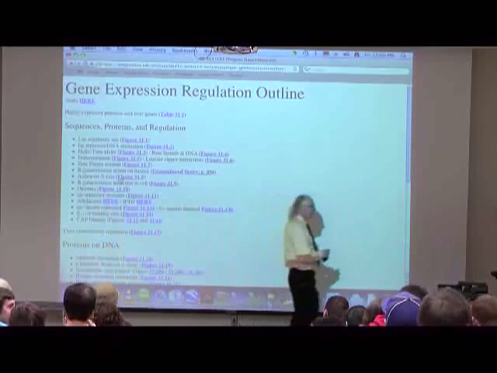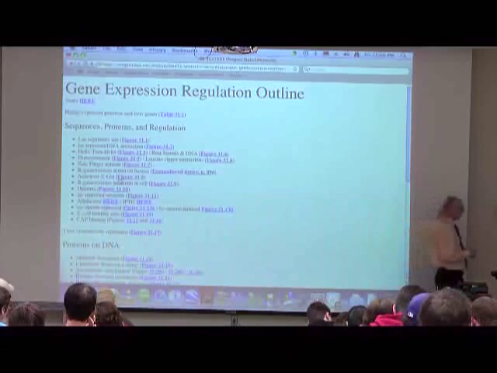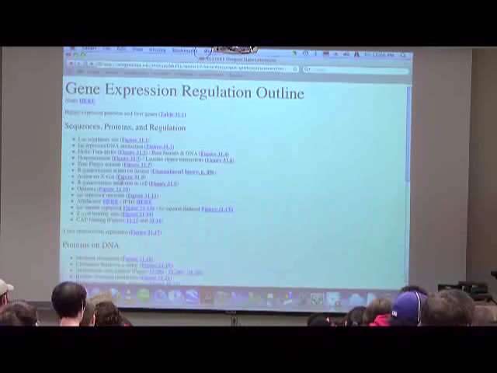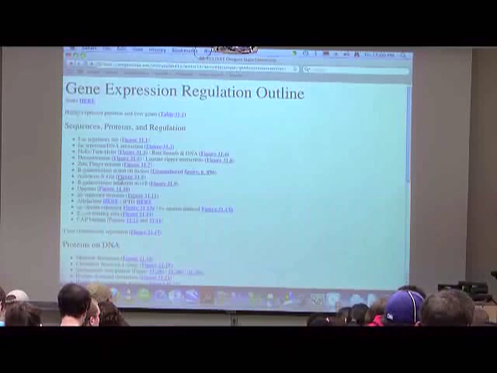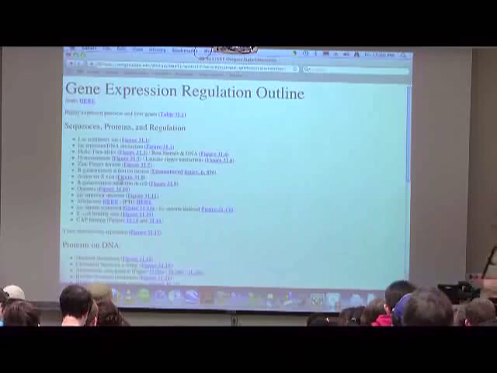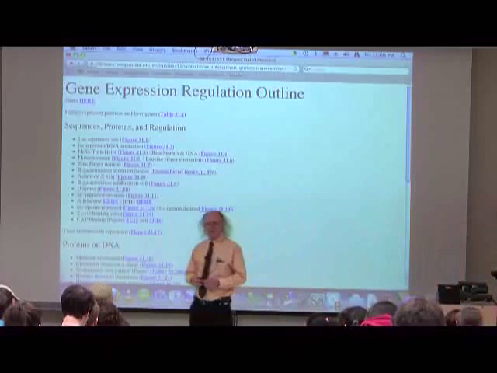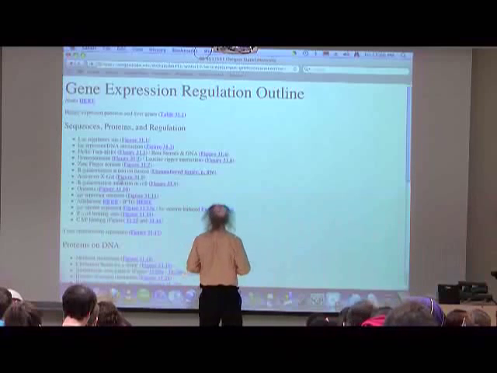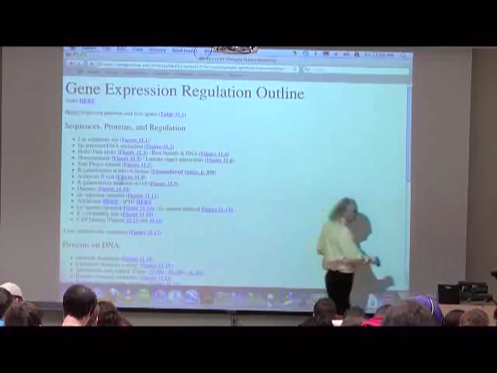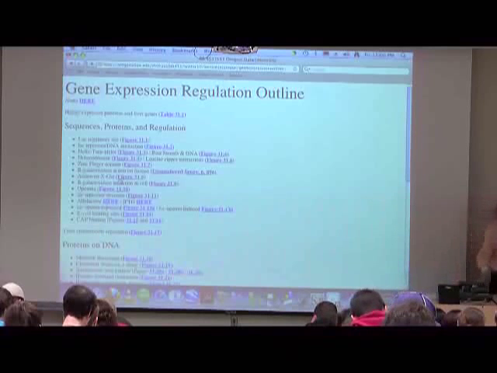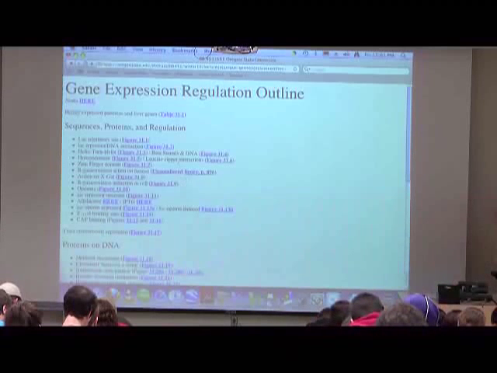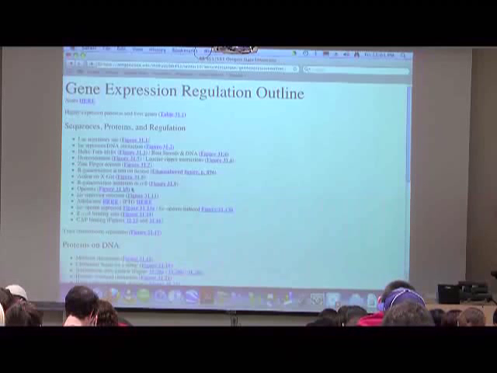Last time I got talking about the control of the Lac Operon, and when I finished, I was talking about how the Lac Repressor functions. So the Lac Repressor, you may remember, is a protein, and it's a protein that is binding to what I call the operator sequence. Okay? Binding to the operator sequence. And if we look at that,